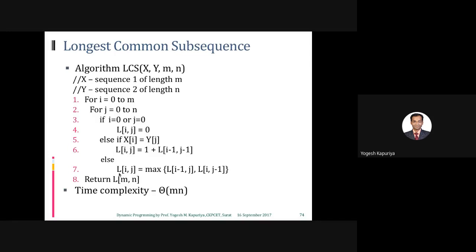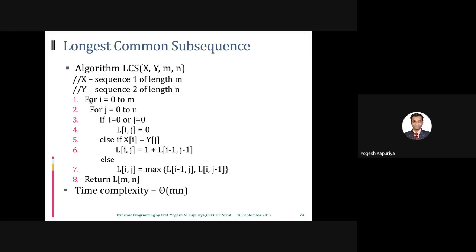Else, L of i j is the maximum of L of i minus 1, j, or L of i, j minus 1. That will be the value of that cell. Finally, you complete these two for loops. What you will return is the last row and last column, which will give you the length of the longest common subsequence between sequence x and y.